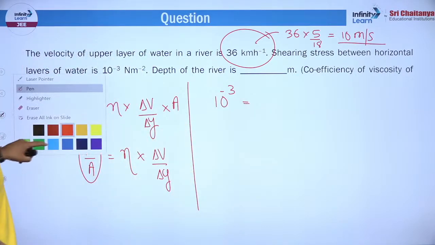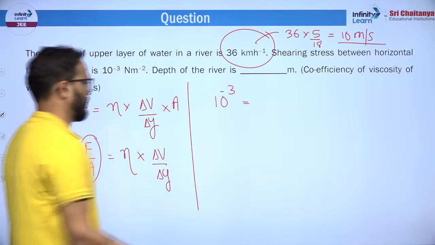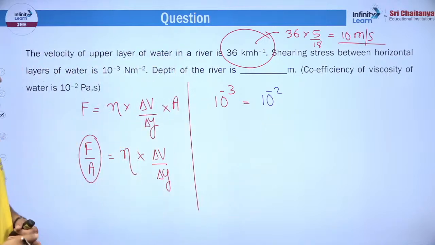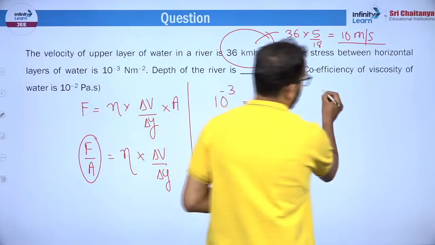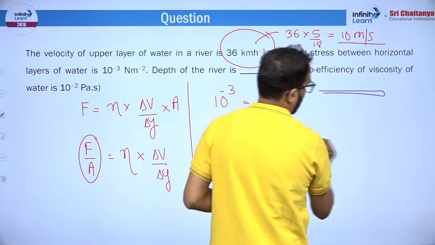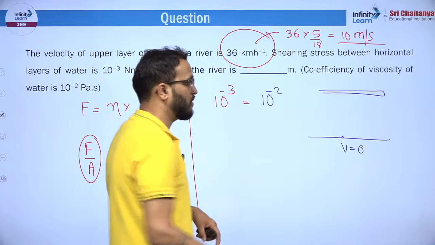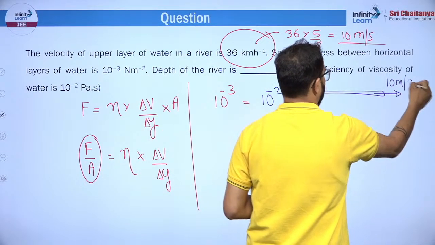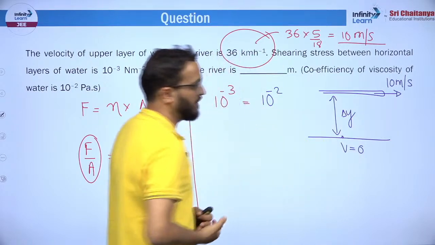फिर आप बोलोगे सर कोफिशिएंट ऑफ विस्कोसिटी पूछा है कि बताना है। कोफिशिएंट ऑफ विस्कोसिटी तो दिया हुआ है। ओके, एंड व्हाट इज डेल्टा वी? सो जो टॉप लेयर, अब ये मान के चलते जो भी टॉप लेयर है, ठीक है, और जो भी बॉटम मोस्ट लेयर है, इसकी वेलोसिटी तो जीरो होती है, ये तो नो स्लिपिंग कंडीशन होता है। और ये जो टॉप मोस्ट लेयर है ये कितने से जा रही है? 10 मीटर पर सेकेंड से। और ये जो हाइट डिफरेंस है इसको अपन डेल्टा वाई बोल देते हैं, यही डेप्थ हो गई हमारी।